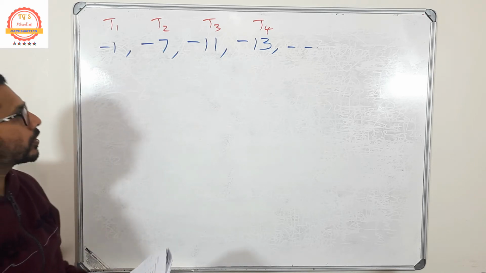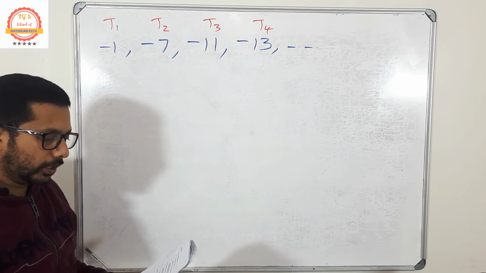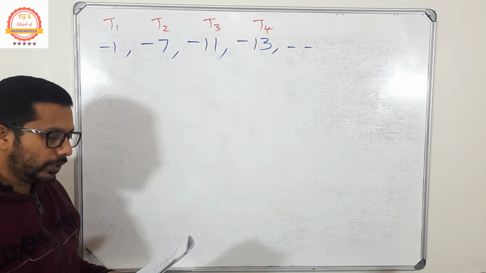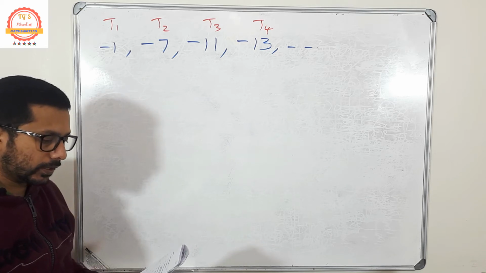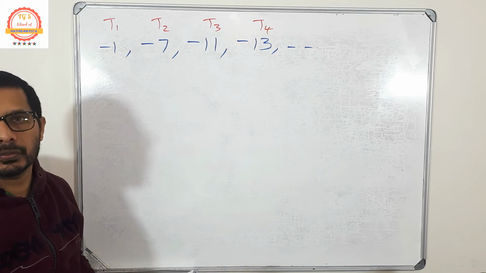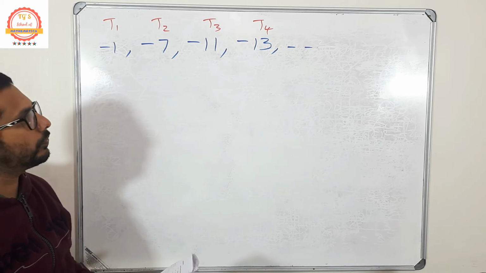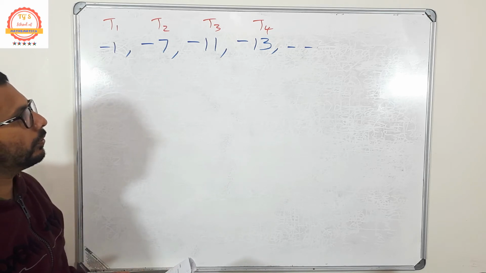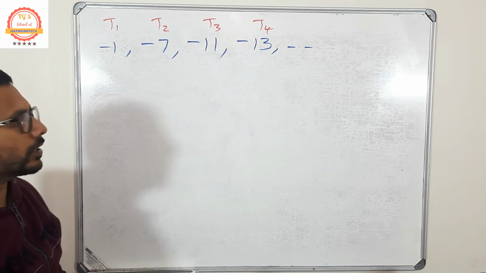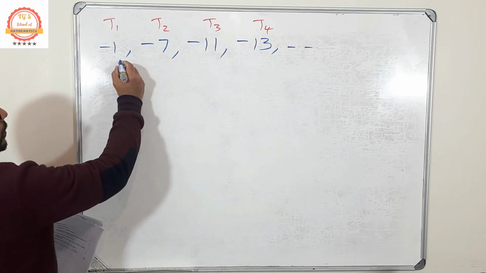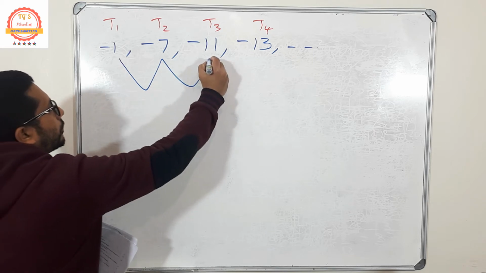Next question number 3.1.3. The first difference between two consecutive terms of the sequence is 96. What is the meaning of that question? The first difference between two consecutive terms of the sequence is 96. What is the first difference? We know how to find the first difference of this one.